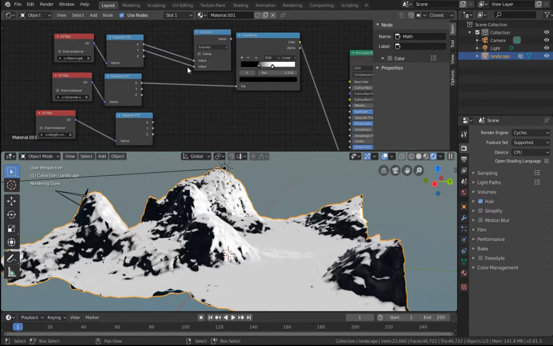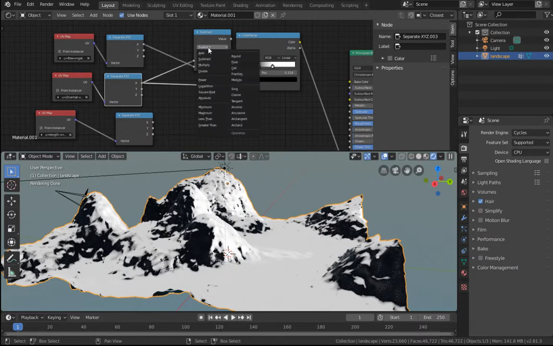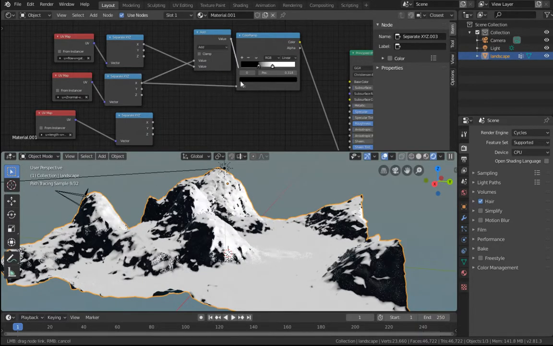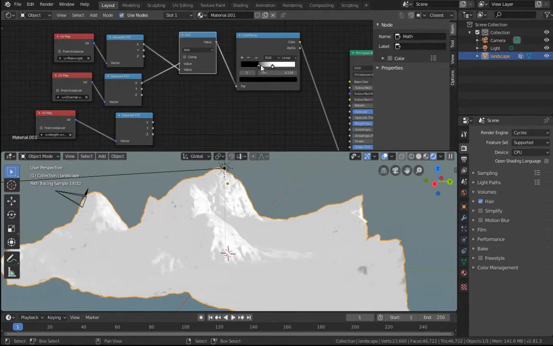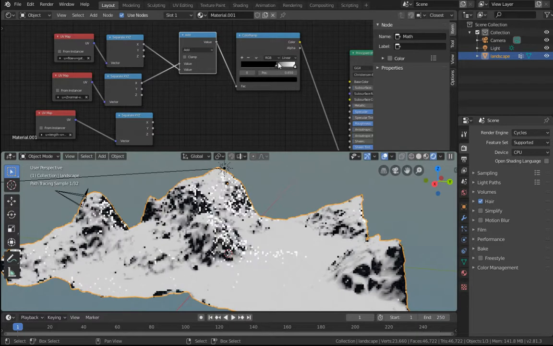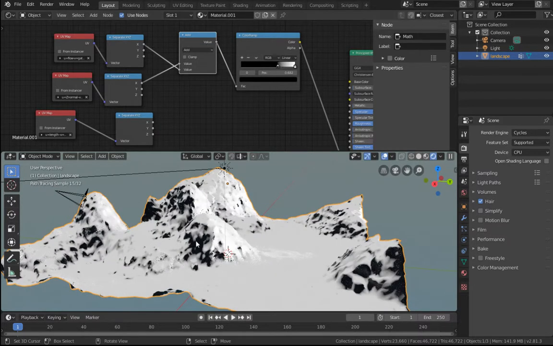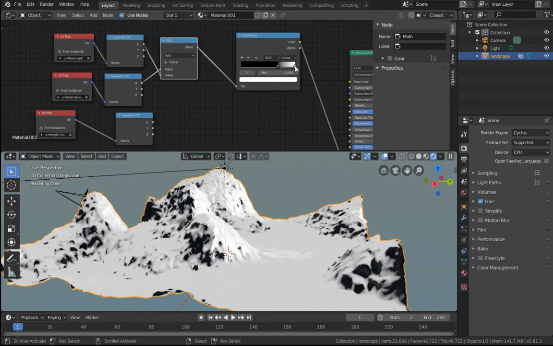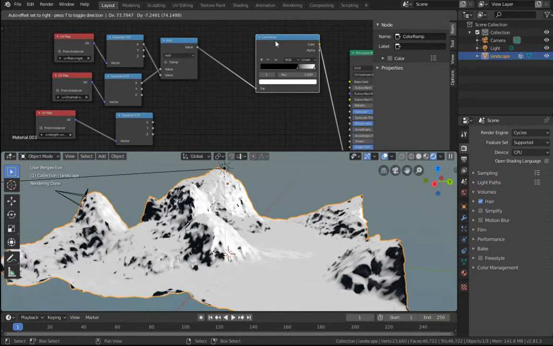Let's not subtract these two, but let's use the flow, the set normal, and maybe add the flow like that. Of course, we have to adjust the color ramp. And yes, there comes definitely the first black areas will be only in the steep areas, which is what we want. But I cannot control the rest of it because I already bump into the right edge of my color ramp,